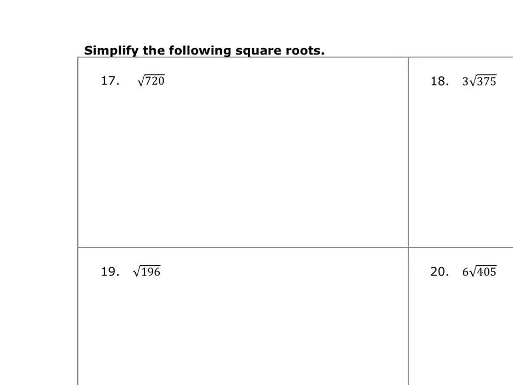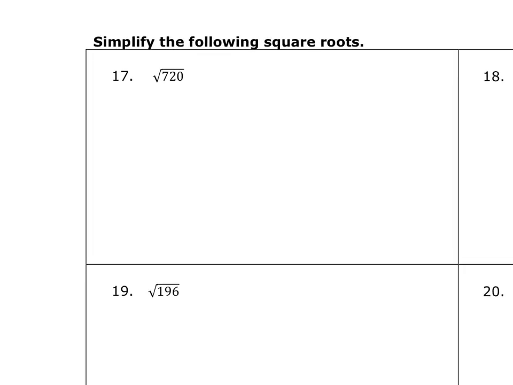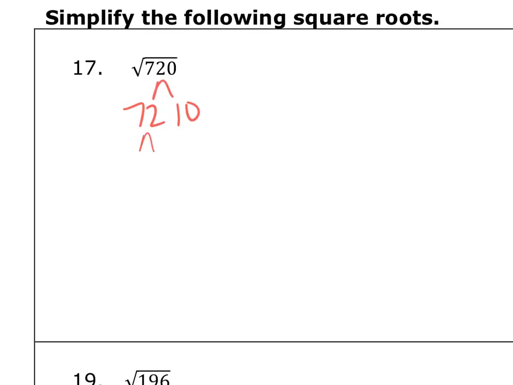All right, so problem 17, we're going to simplify these square roots. So when we simplify, I notice this is 72 and 10, and you are more than welcome to simplify however you want. I'm the type of person that likes to get those prime numbers, so I simplify all the way to the prime numbers. So 72 breaks down into 8 and 9. 9 is 3 and 3. 8 is 2 and 4. 4 is 2 and 2. And 10 is 2 and 5. So my primes